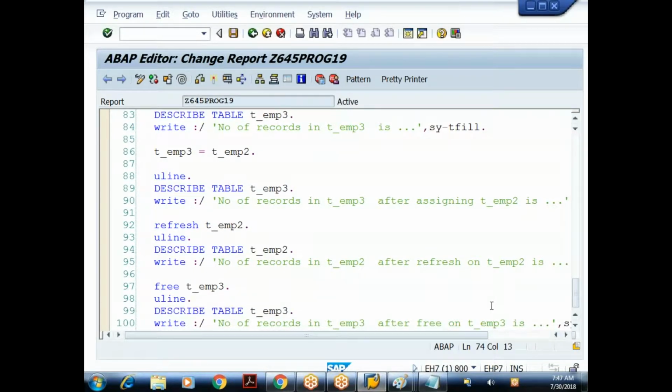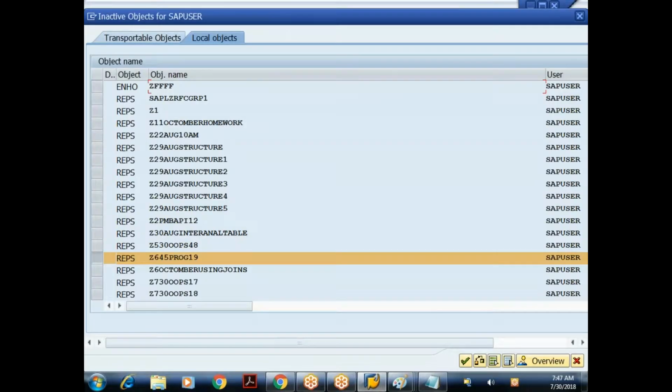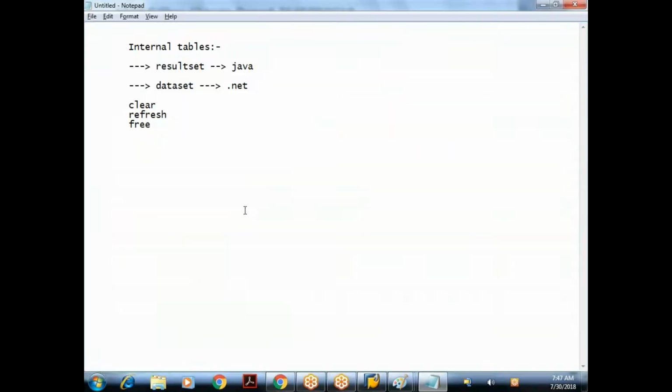Even if they contained a header, I need not use this symbol because refresh and free always refer to the body. So there are three ways of clearing the data. There's one more way that we'll discuss later on. As of now, we have clear, refresh, and free.